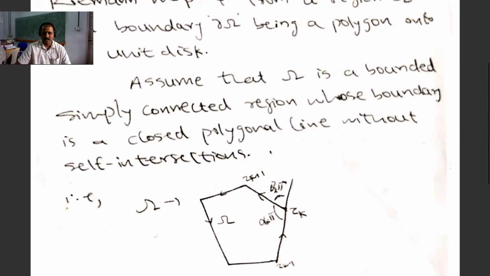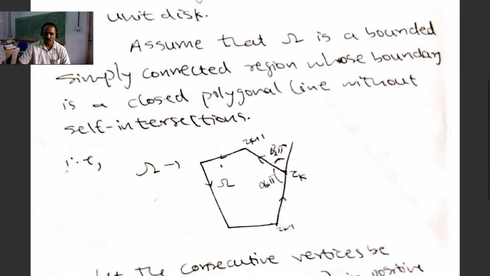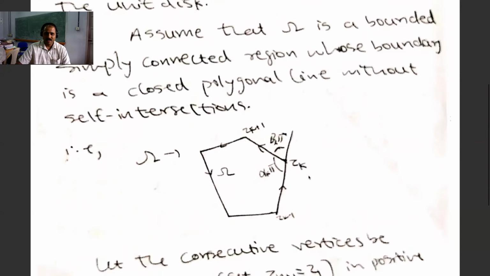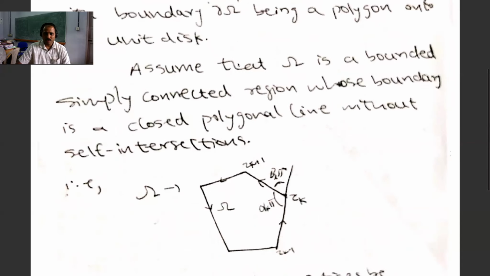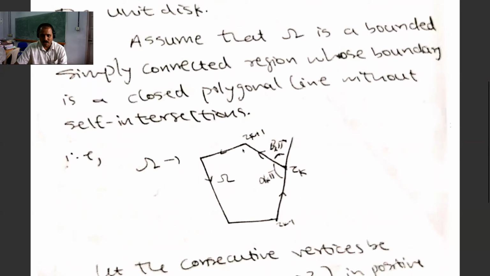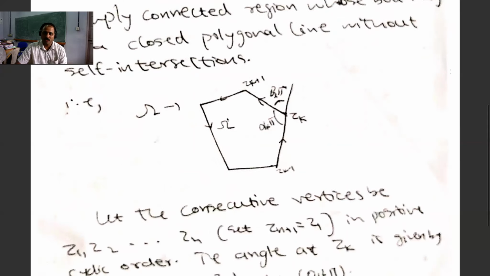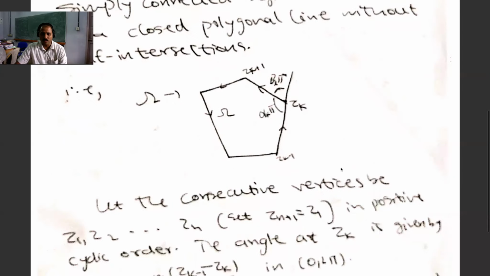You consider a domain, a simply connected region, which is of this form. It's a polygonal region, I mean, it has a boundary which is a polygon. So we know that we can extend the Riemann map to these boundary lines, but we don't know whether we can extend to the vertices on the boundary. So that's what we do first.